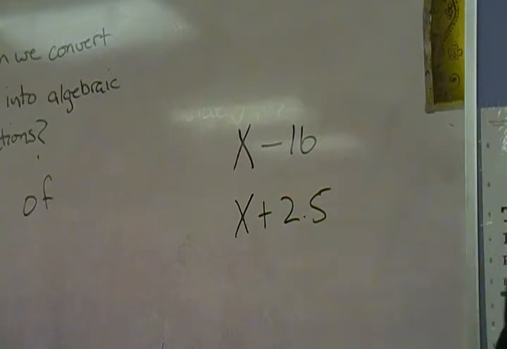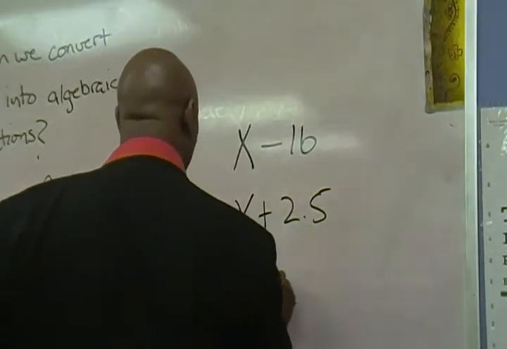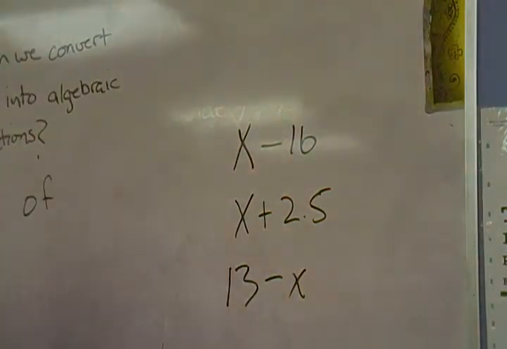13 minus x. Exactly. Very nice. 13 minus x. All right. 13 minus a number. All right. Now they're going to try to be slick, because they already said 2.5 more than a number. They might also change that, and they might say,